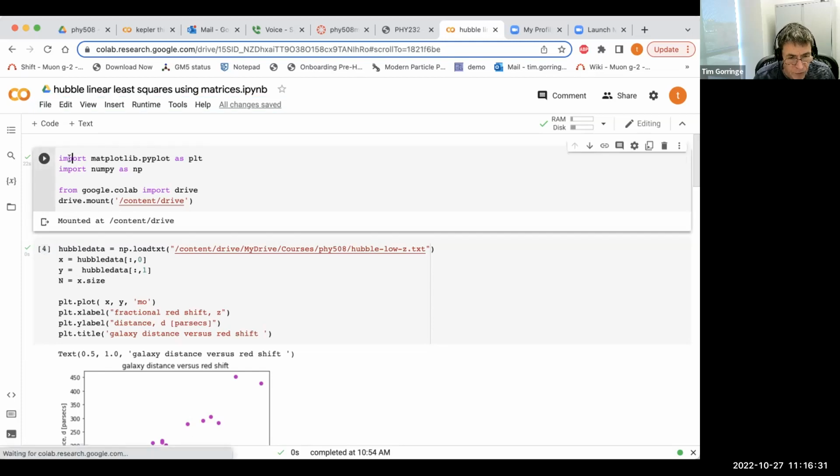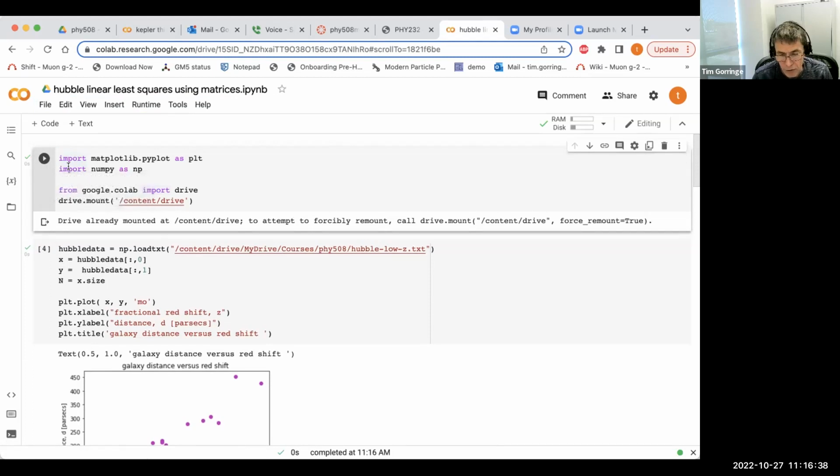Okay, so in this first cell, I'm just importing the libraries that I need. I just need to do some plotting to show you the data, so I want matplotlib. I just need numpy because we're going to use that for some of the matrix algebra. I've got to take transposes, I've got to take inverses, I've got to take products, and we're using numpy for that. I'm also going to import a file from my Google Drive that contains a data set of